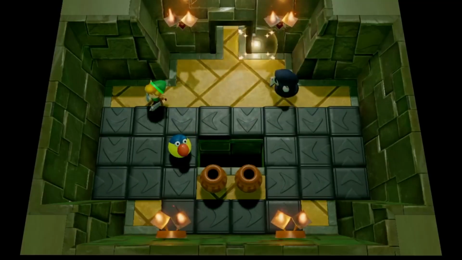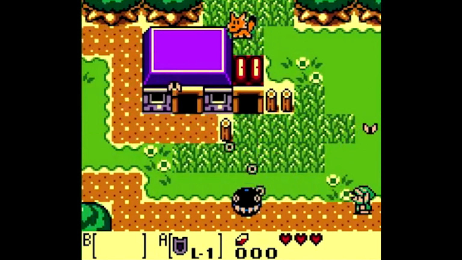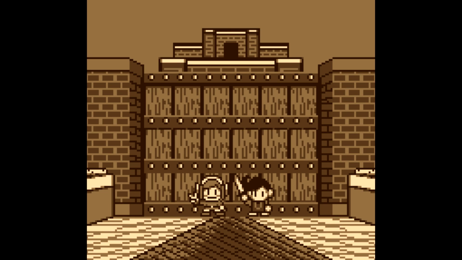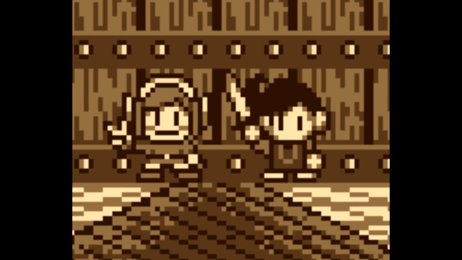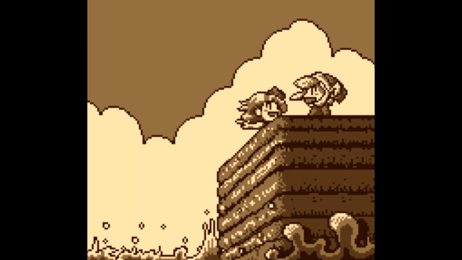But there is a reason behind it. They didn't just give him that face to sort of cheap out. If you played Link's Awakening DX and you collected all the photographs, you'll recognize that Link's face is actually really similar to the face he has in the majority of the photographs. There are a couple photographs where he has full-on anime eyes like we saw in the anime intro, but for the most part, he does have those tiny little black slits, and the 3D model they made does look like that photograph version quite a bit, so I think they were successful in what they were trying to go for.